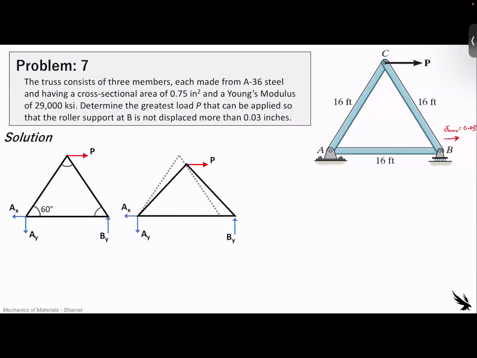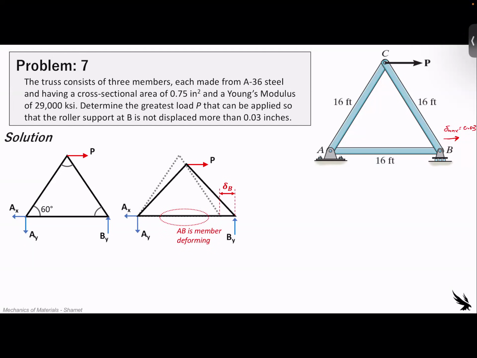So what we need to find is this deformed shape. We know that A is not going to deform. C is going to move down a little bit, and only B can deform in one direction, going to the right. So what we ultimately need to find is this displacement at B, and then what will be the maximum P that will keep that